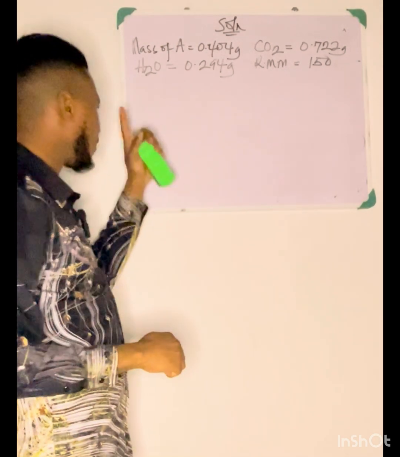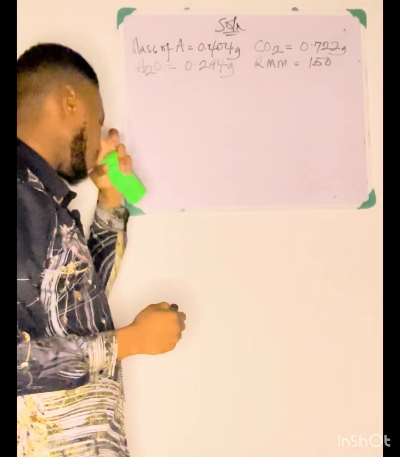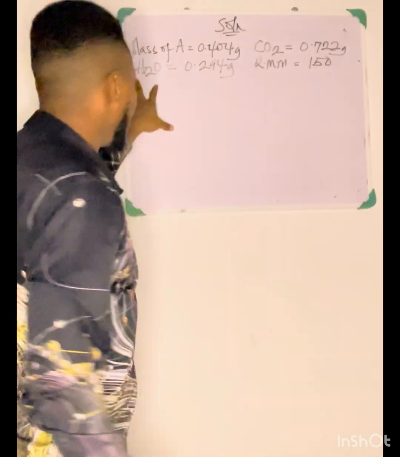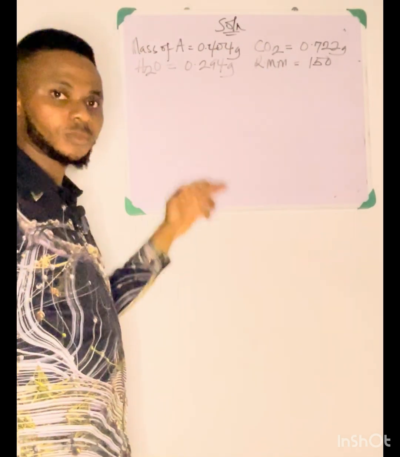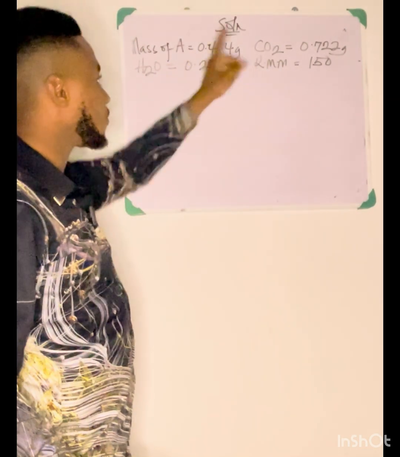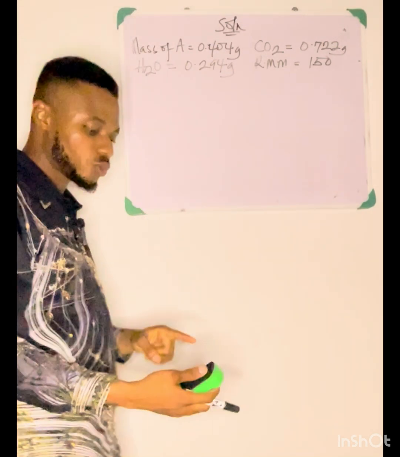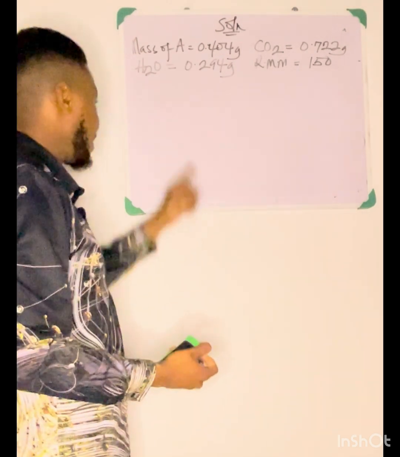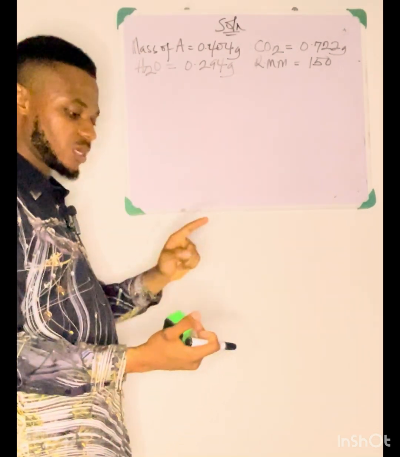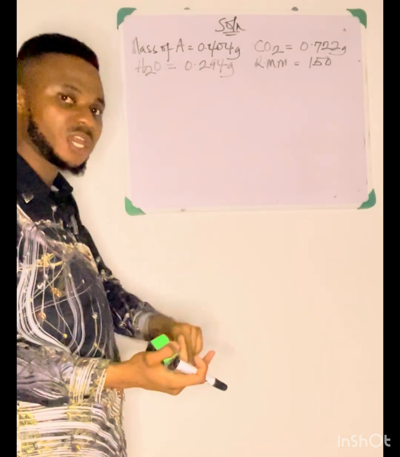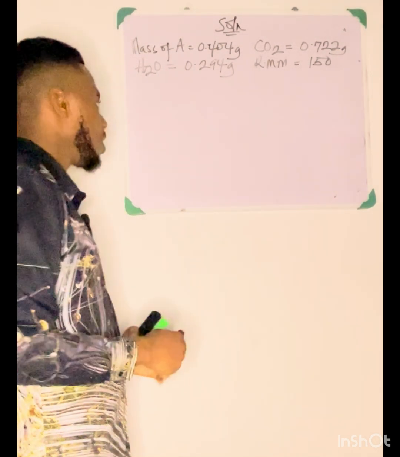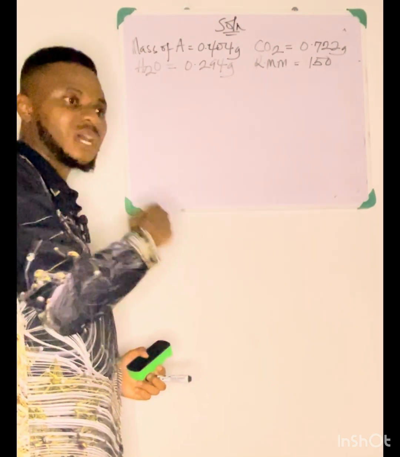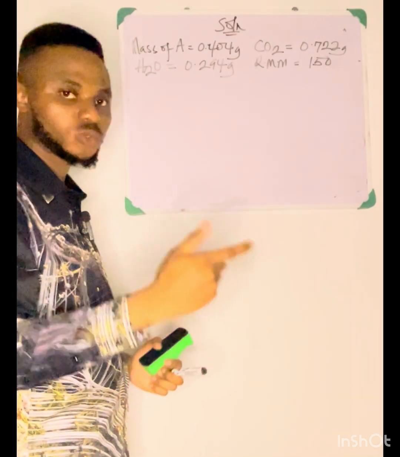Okay, but now let us first of all get the mass of carbon, oxygen, and hydrogen first. If you look at it very well, you realize that carbon is in carbon dioxide, hydrogen is in water, while oxygen is in both of them. It's important to note that this 0.404 grams you're seeing here is composed of the mass of carbon plus the mass of hydrogen plus the mass of oxygen. So it means that this particular compound has carbon, hydrogen, and oxygen, CHO. Now it's our duty to know the mass of each of these elements in the compound, and use it in solving the empirical formula and also the molecular formula.